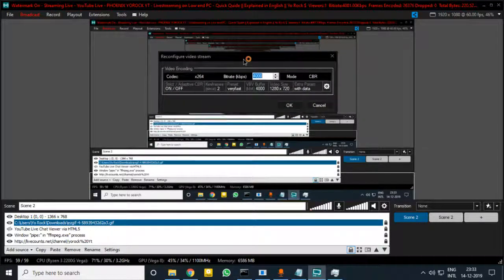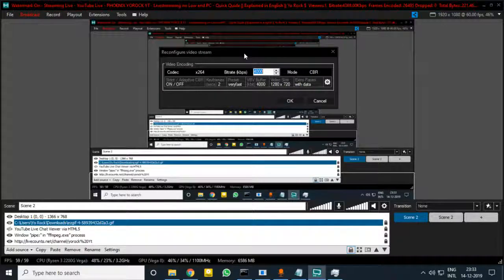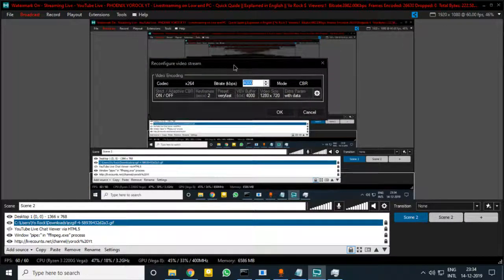I have tried it on my government laptop, where I set bitrate as 1600 and preset as ultra fast. That PC goes around 80 plus. So that is the minimum thing I can do for a government laptop. So you guys do the same. Set it as 1600 bitrate, ultra fast preset, 1280 by 720